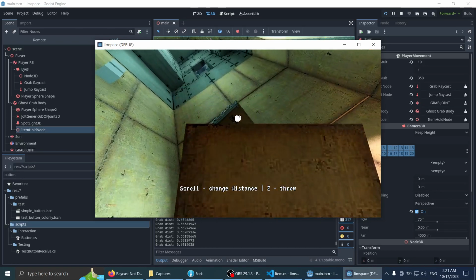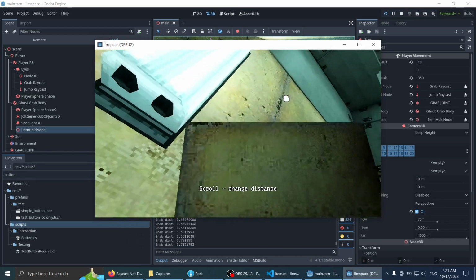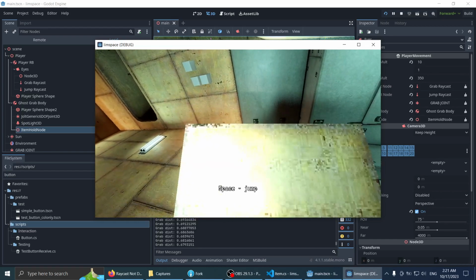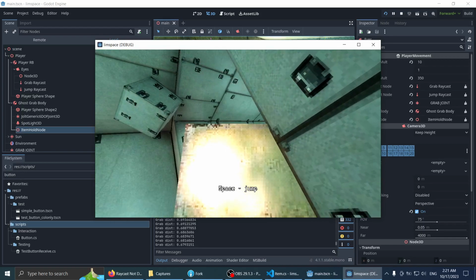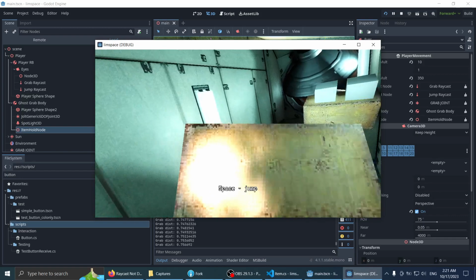You can grab things and even swivel them. Right now I can't drop this item in any way. Oh, I can actually flashlight through the object. I can't even see that. So let's add